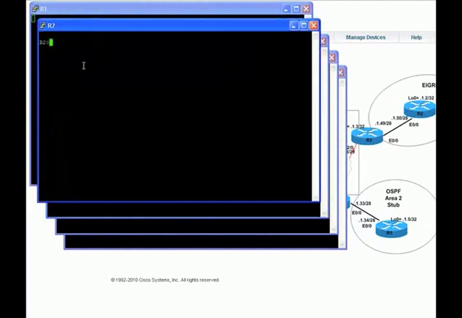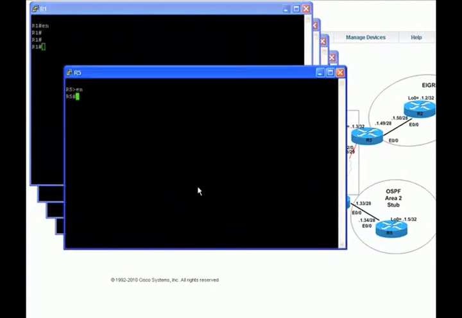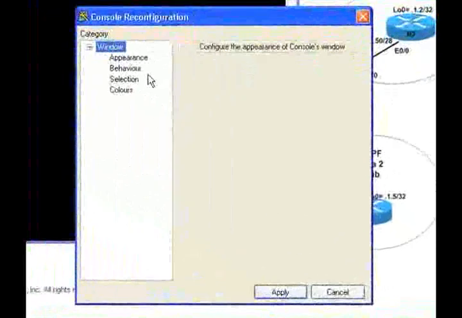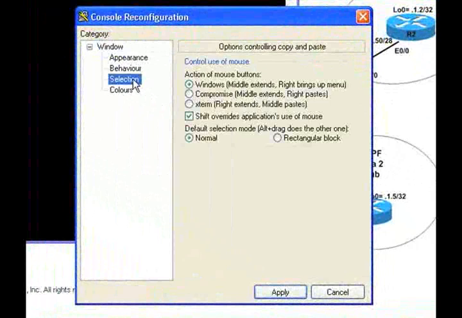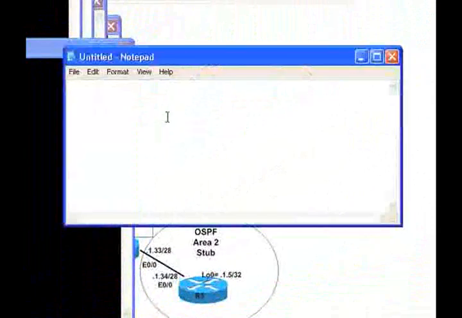In particular, the copy and paste function can be set to your preference through the Change Window option selection. The default setting is the window setting, where the middle button extends and the right button brings up the menu options. But you can change the mouse button options controlling copy and paste to the compromise setting, where the right button pastes and the middle button extends, or the extreme setting, where the middle button pastes and the right button extends. Knowing how to set and use these options to meet your needs will help you save time during the